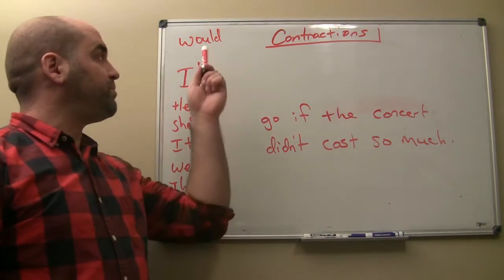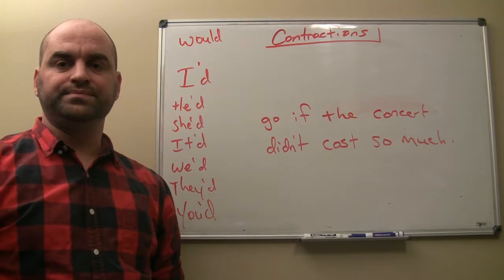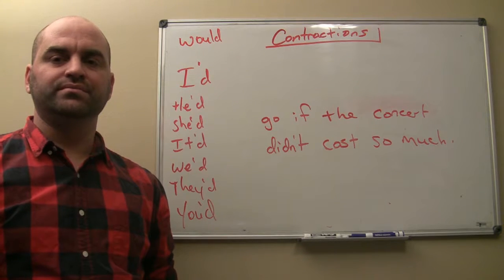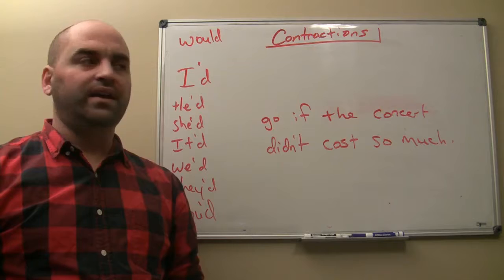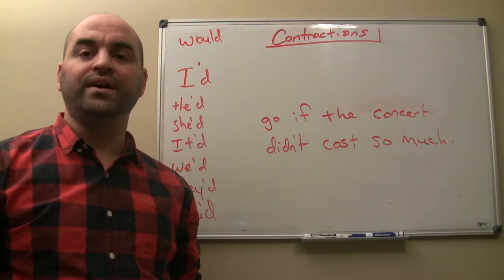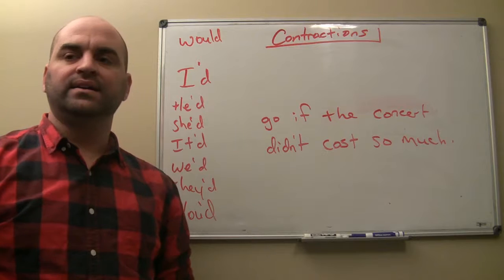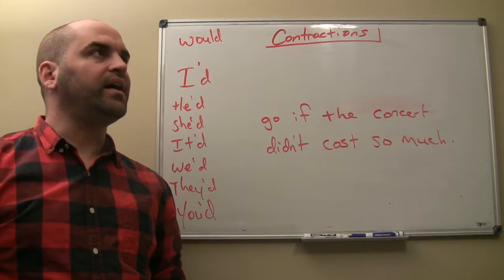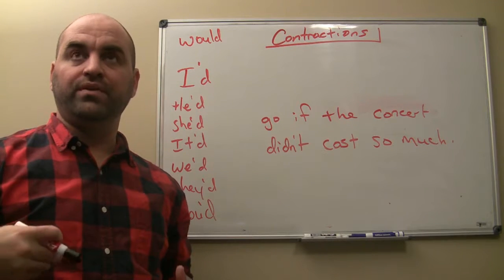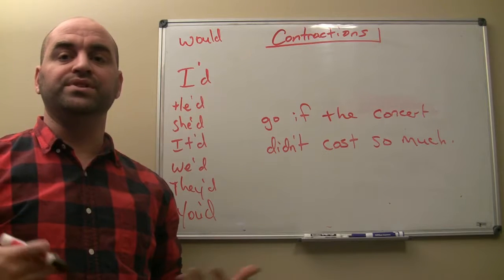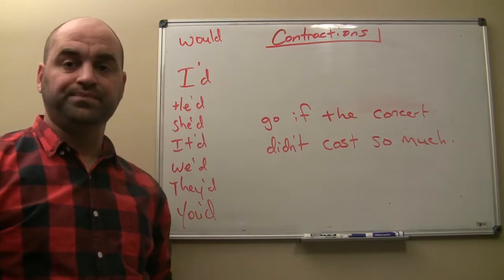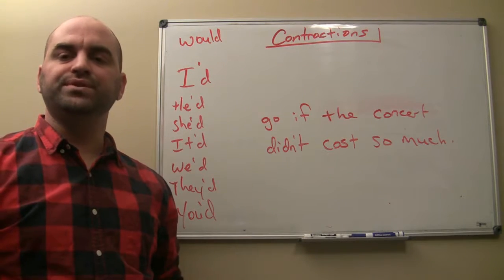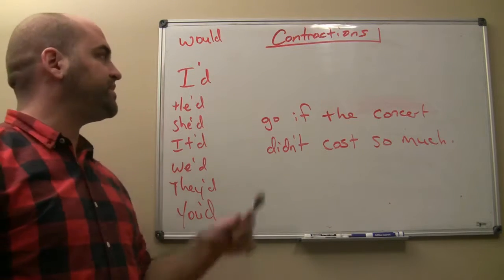The first one I would like to practice with you is would. When do we use would? It's conditional. So for example, if I had $10 million, I would buy a boat. I don't know if I would actually or not, but I would. Or if she had a free plane ticket, she would fly to Brazil. She would, if she could. Now that's when we use would, but many times we use the contraction for that, and the contraction is